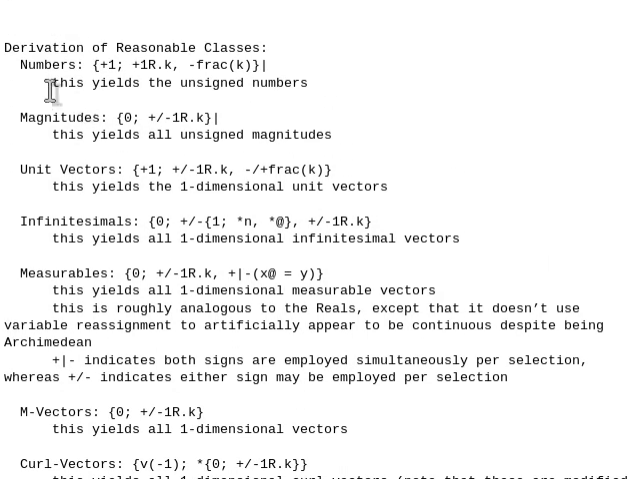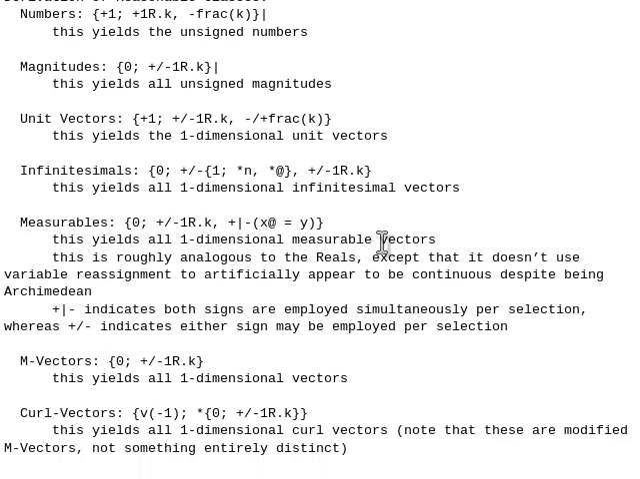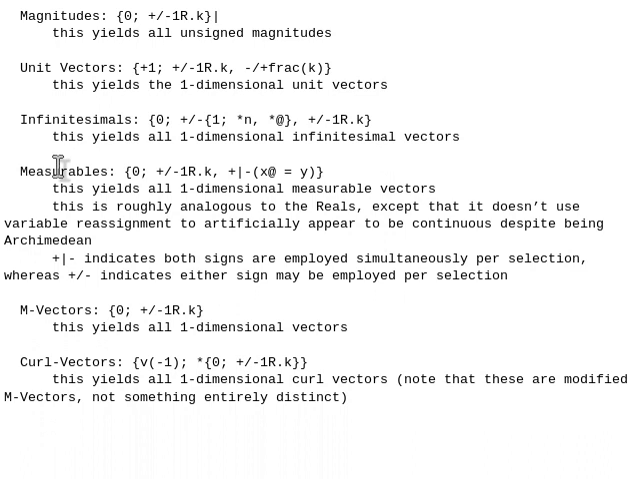Reasonable classes. So properly, numbers, magnitudes, unit vectors, infinitesimals, measurables, and m vectors. Roughly, the measurables actually more closely resemble the reals, but the claim that the reals are continuous is most analogous to this one, because these are properly continuous. And then the curl vectors, which are like my analog to the imaginaries, except that they are these guys multiplied